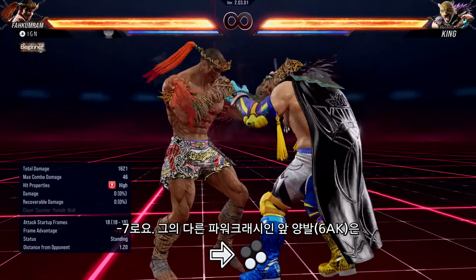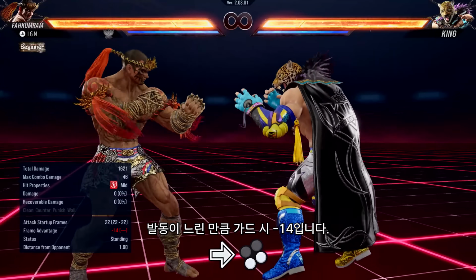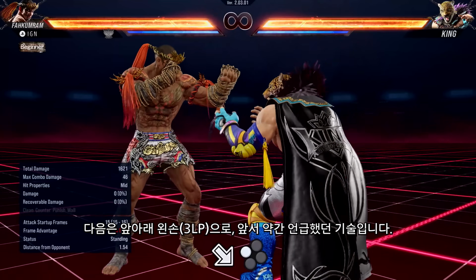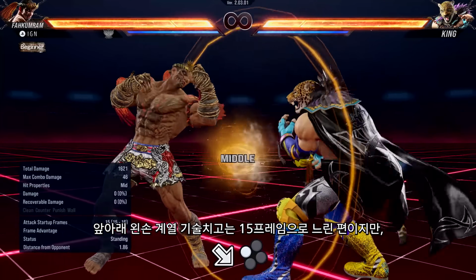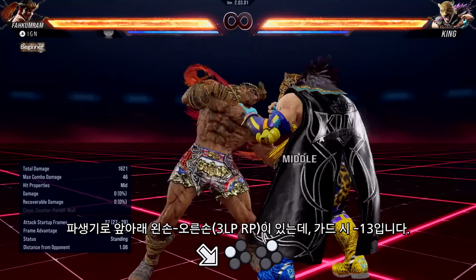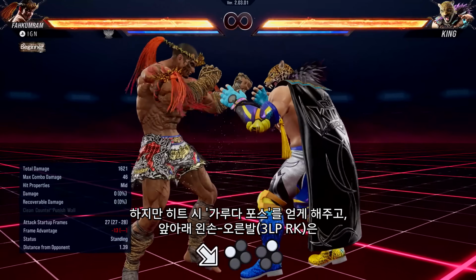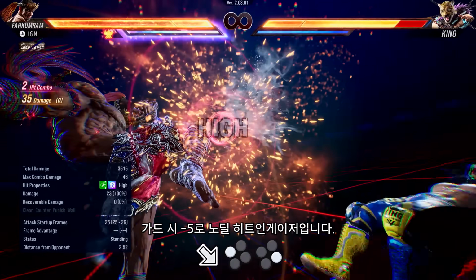His other power crush, forward 3+4 on the other hand, is a mid, but is slower at 22 frames of startup and is -14 on block. Next is down forward 1, which is a move that we somewhat touched upon earlier. It's on the slower side as far as down forward 1s go at 15 frames, but it is only -3 on block, and also has two very notable follow-ups in down forward 1-2, which is -13 on block, but will grant a Garuda Force charge if it hits, and down forward 1-4, which is a heat engager that is safe